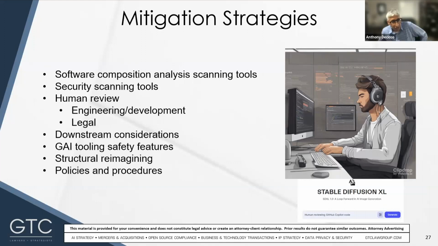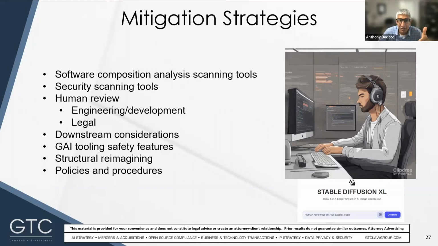So the first thing I'll talk about are software composition analysis, or code scan tools. If you're using GAI tools to generate and augment code, and even in the absence of using GAI tools, you should strongly consider using software composition analysis scanning tools. As we all know, these tools function basically as a large plagiarism detection, correlation engine for code. They scan the code, they identify blocks of code that match existing open source code, and they let you know the license applicable to that code. In the context of GAI generated code, an SCA tool will allow you to determine if the generated code matches existing code out there and if there's a license.